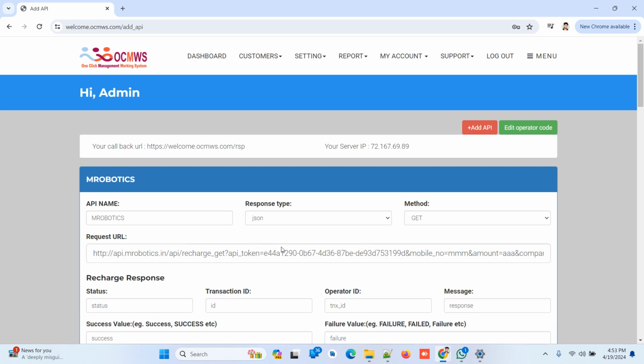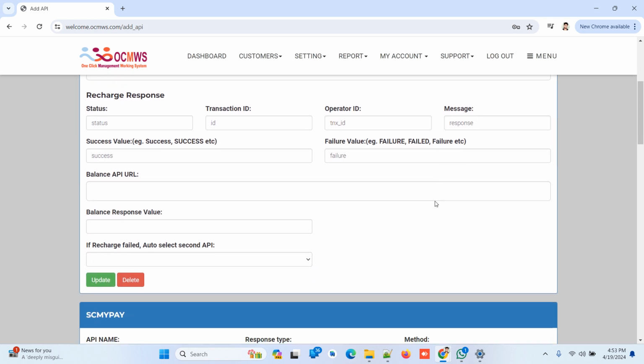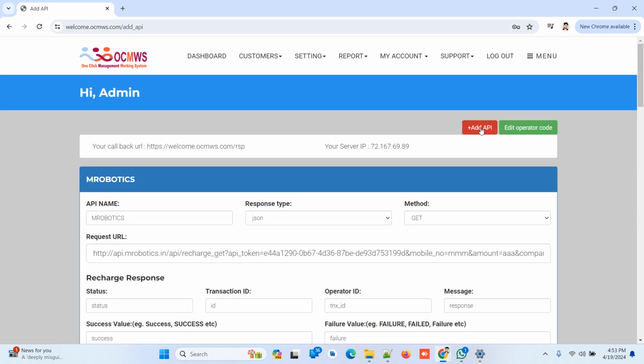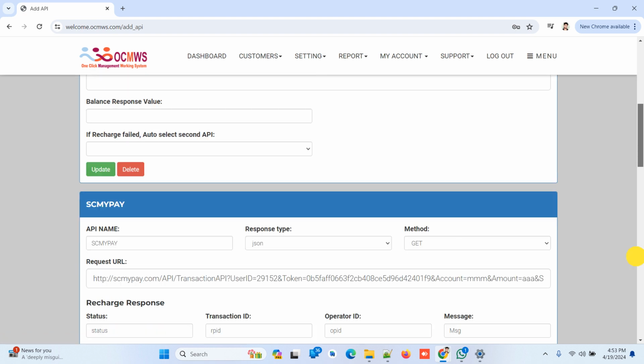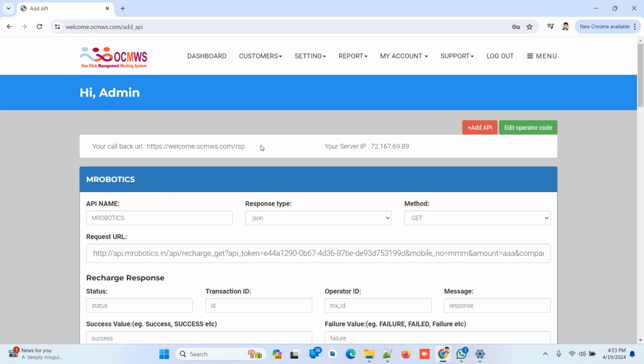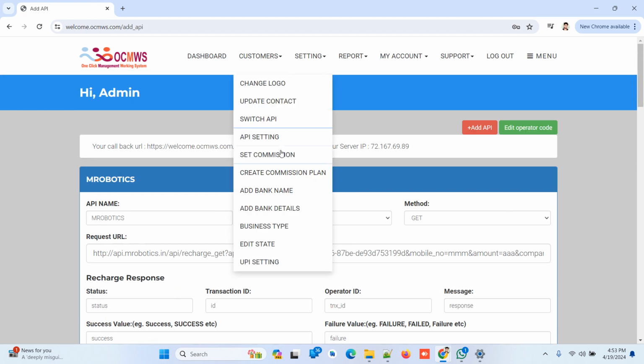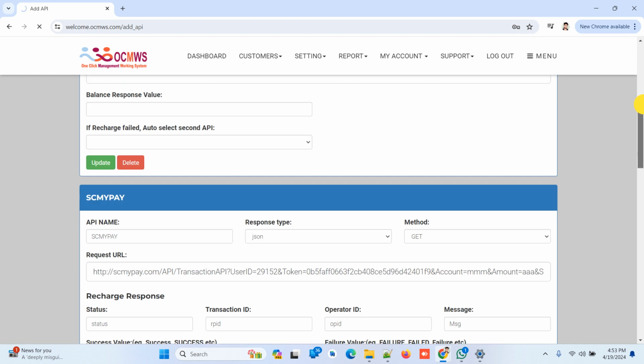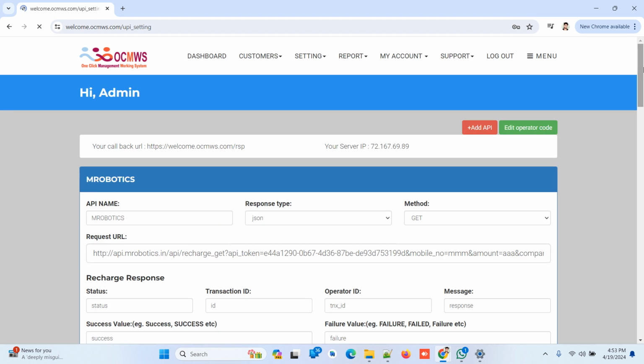Now this one is the API. You can manage and add it. You can also add API here and edit operator codes. You can use multiples, so don't worry about that. And you can use your UPI setting, and we connect them to UPI.